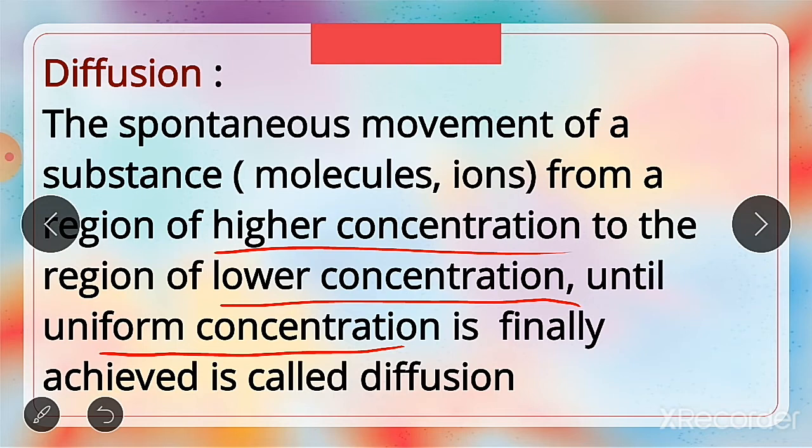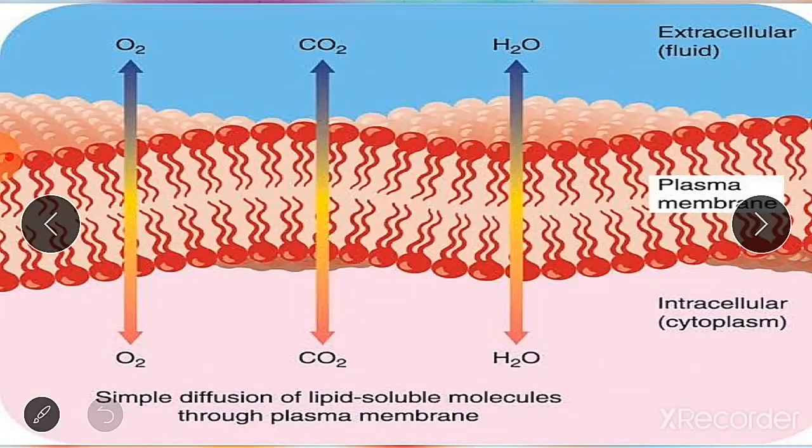Diffusion plays an important role in the gaseous exchange between the cells as well as the cell and its external environment. So for example, we can see here some substances like carbon dioxide, it accumulates in high concentration inside the cell, and here this is the intracellular cytoplasm here inside the cell, and this CO2 or carbon dioxide is accumulated as waste and requires to be excreted out by the cell. This carbon dioxide should be excreted out by the cell because it is a waste. In the cell's external environment, the concentration of CO2 is low as compared to that of inside the cell.